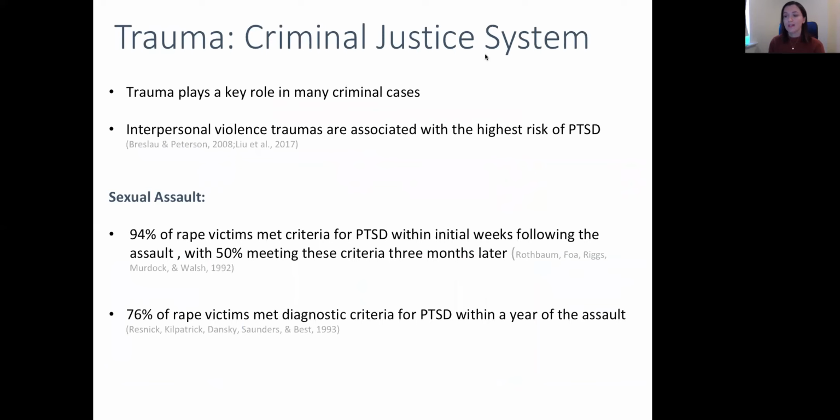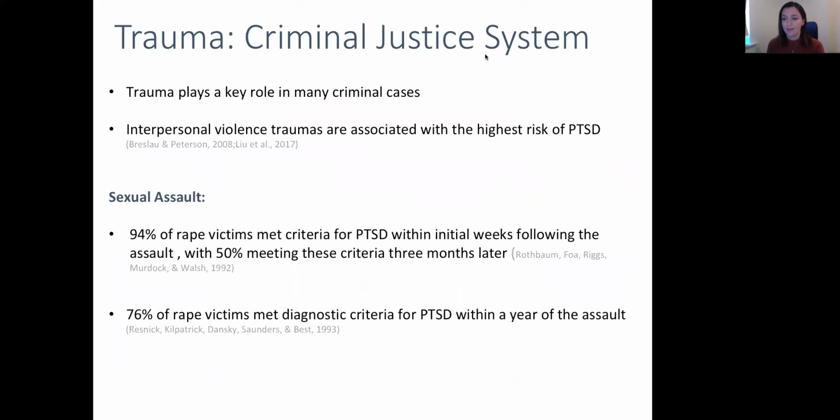So understandably then, many traumatic events may lead someone to interact with the legal system, whether this be as a victim of interpersonal violence or the witness to a violent crime. And we know that interpersonal violence traumas, such as sexual or physical assault, are associated with the highest risk of